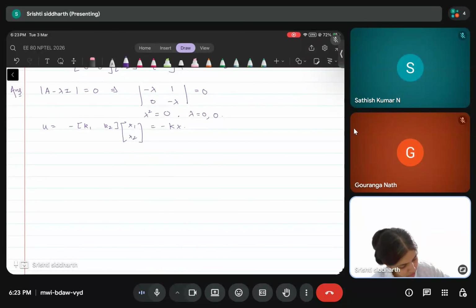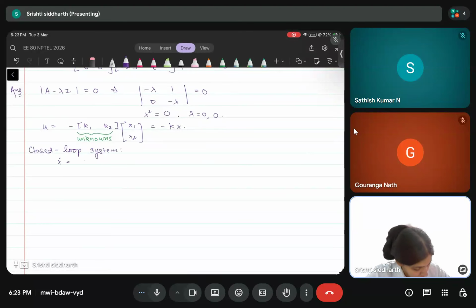The unknowns are K1 and K2. The closed loop system is X dot equals A minus BK times X. So let's calculate A minus BK